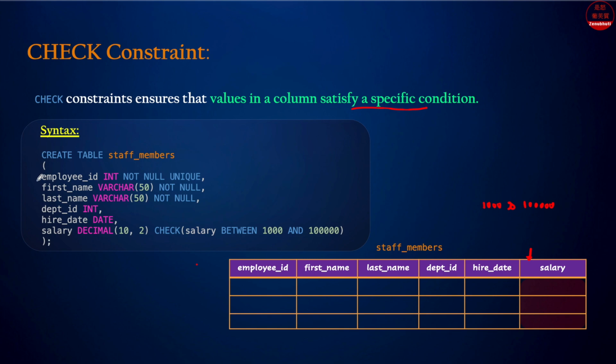This is your table for creating table, and earlier we worked on not null and unique constraints on these three columns. Now here we will be working on a check constraint on the salary column. So you mention your salary column name, then the data type, and after that you write the check keyword and the condition you mention inside the parenthesis,